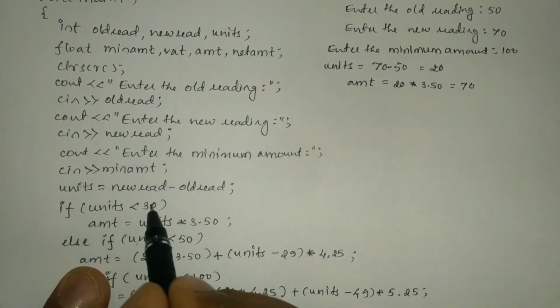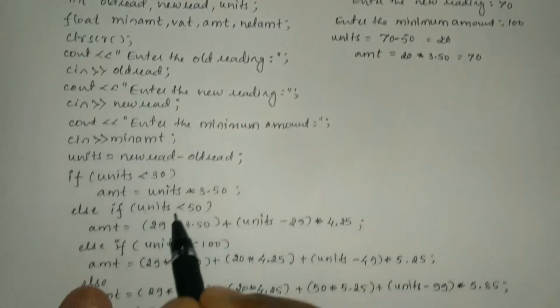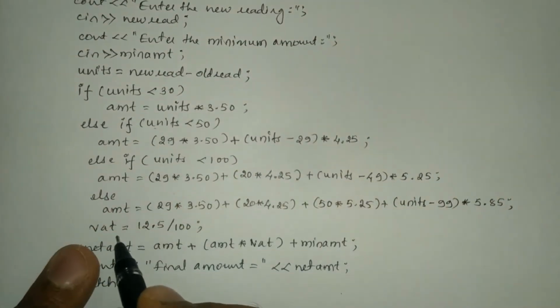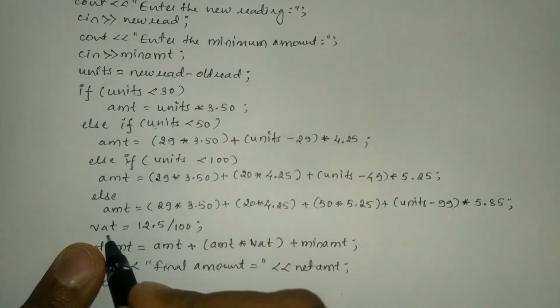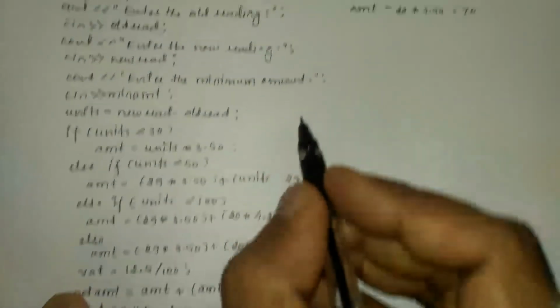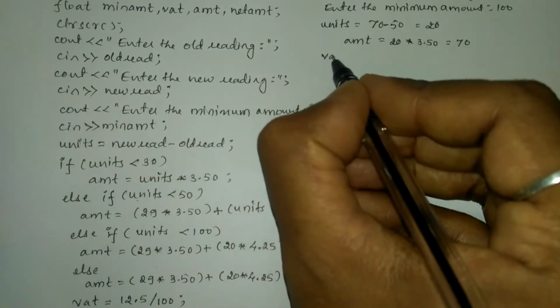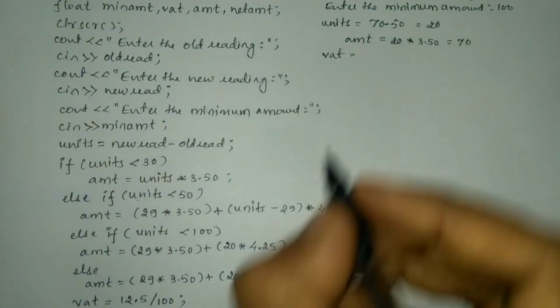If this is true, then this is calculated, and immediately control directly jumps to the next statement. It is not going to check out the remaining conditions. Here we'll calculate VAT. So how to calculate VAT now? We'll write VAT is equal to